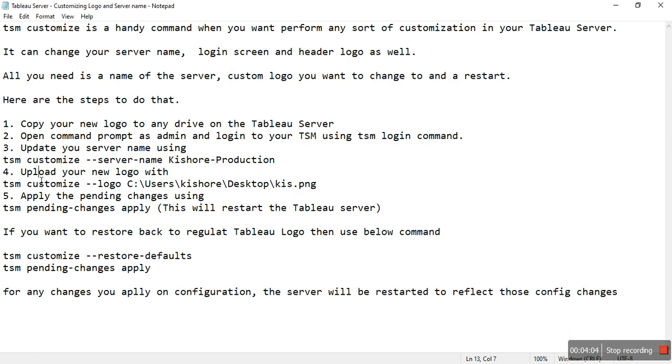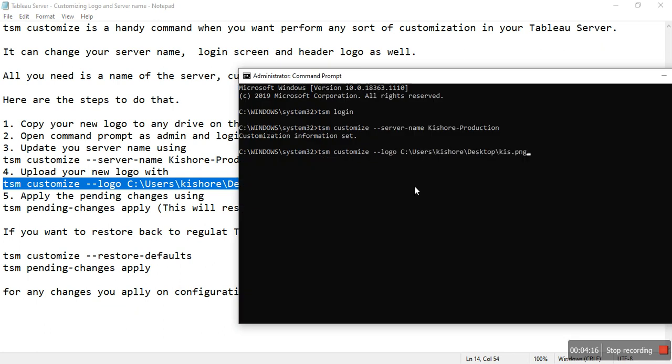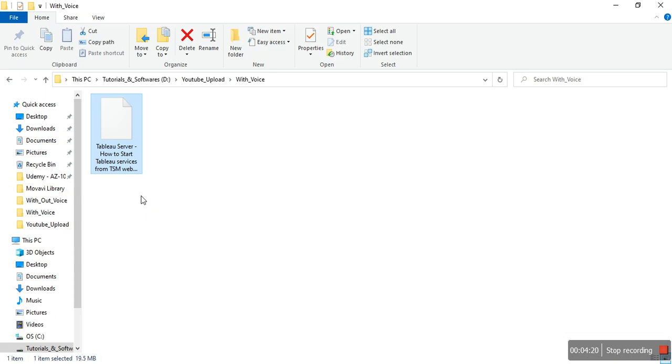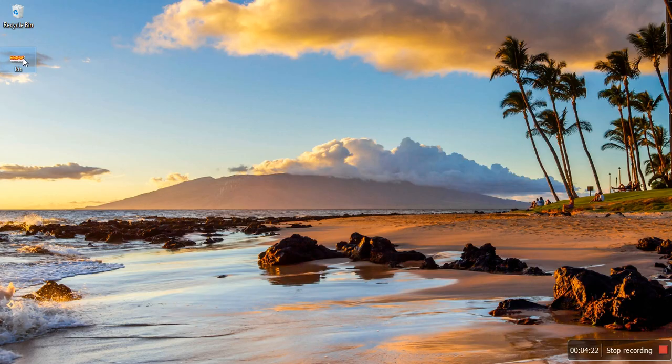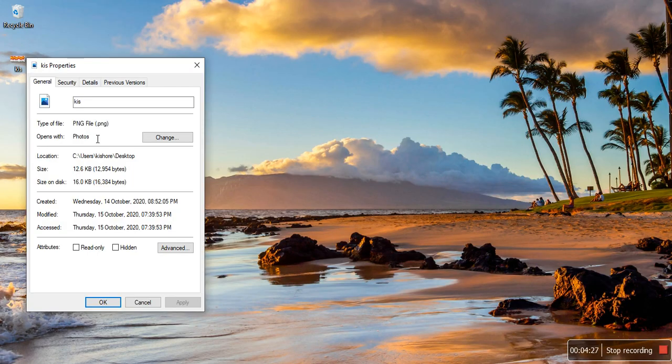Now for the logo customization, you have to use the command tsm customize --logo and the location where you have placed the logo. Let me cross verify the name of the image, kis.png.